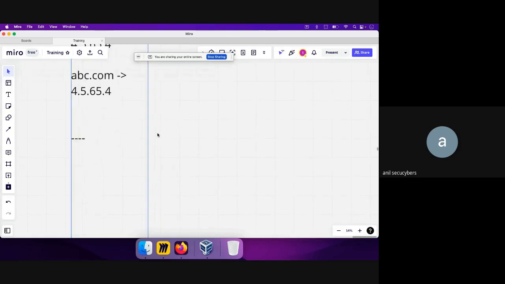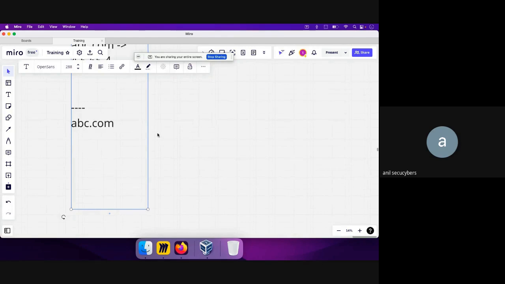Let's say you got an alert for abc.com, and the alert says that abc.com is malicious, or let's say it is used for phishing attacks. For example, abc.com has been set up by the attacker, and it is a fake web page of facebook.com, of fb.com. So as a security professional, we will try to find out the